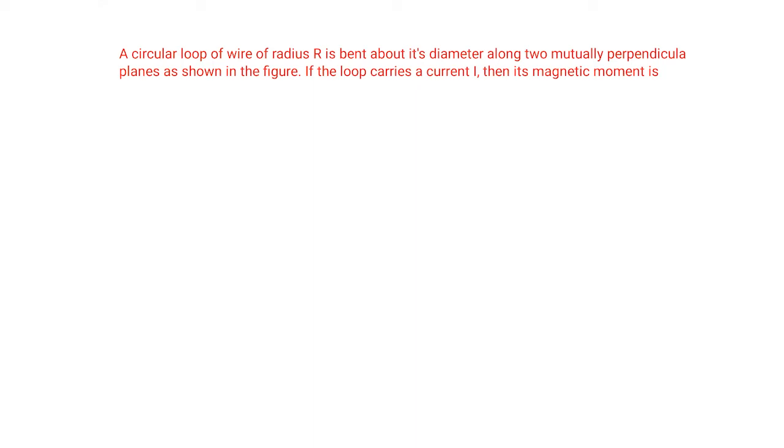If the loop carries a current I, then its magnetic moment is,